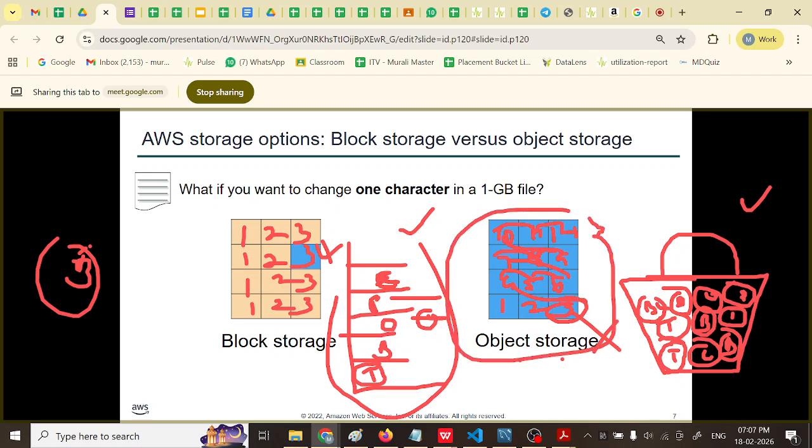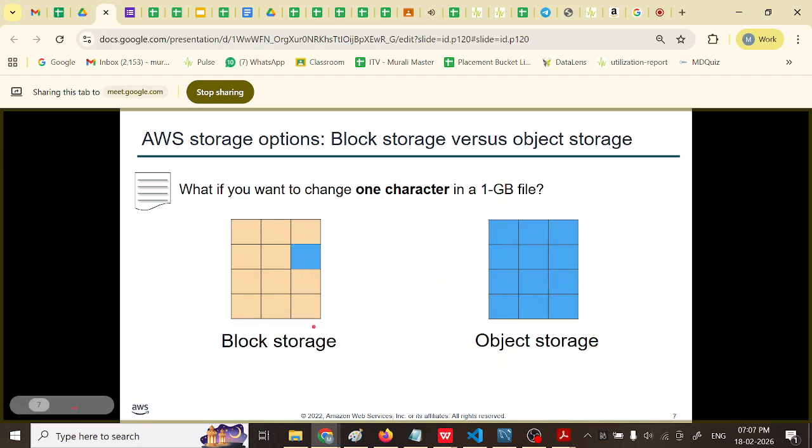Now everything will, all the pieces of information will get rearranged. It has to re-upload. If we want to change one file, it has to move all the things. Correct? Now